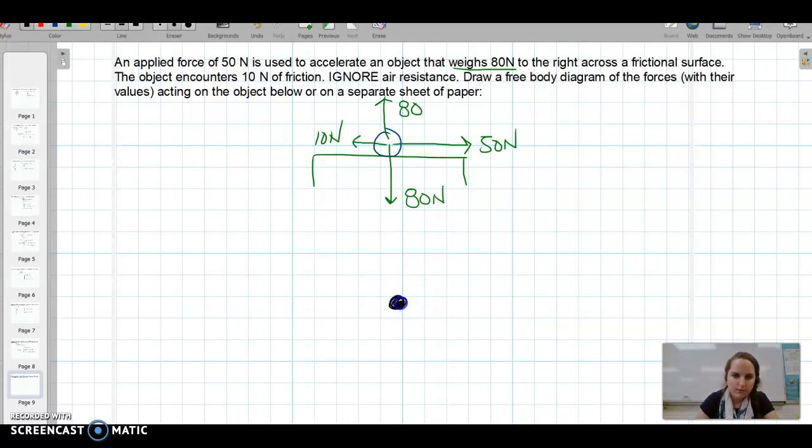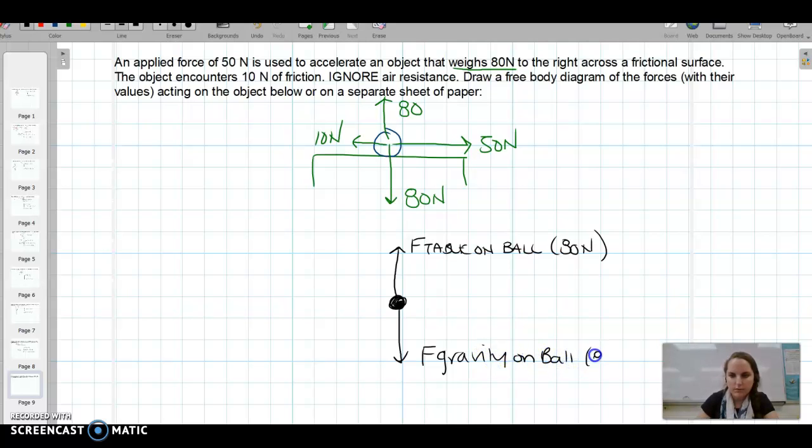All right, so we have this object, which is a ball in this case. We have the force of the table on the ball, or on the object, which was 80 newtons. We have the force of gravity on ball, which is also 80 newtons, right? It's giving it weight. And then we have an applied force of how much? 50 newtons. And then we have a frictional force